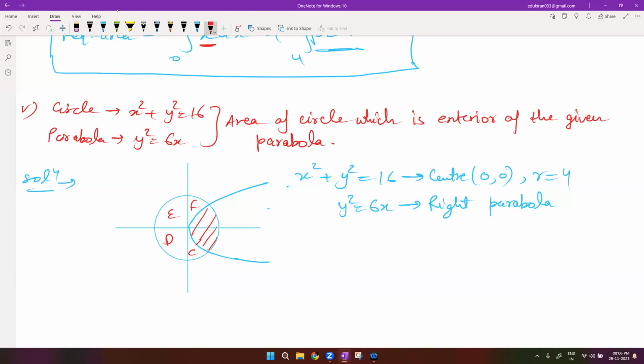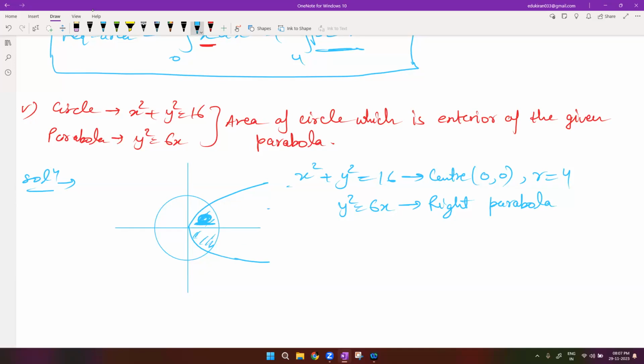Is this clear, Tharif? Yes, sir, clear. Okay. By the way, they can ask both of these. You will notice, if you solve NCERT, obviously, then you will solve these questions also in which they will ask this area, right? In that case, we only find out this upper area. If we are able to find out the upper area, then we make it twice because both of them are symmetrical figures, right? So by the way, if I want to find out this area, how do I find out